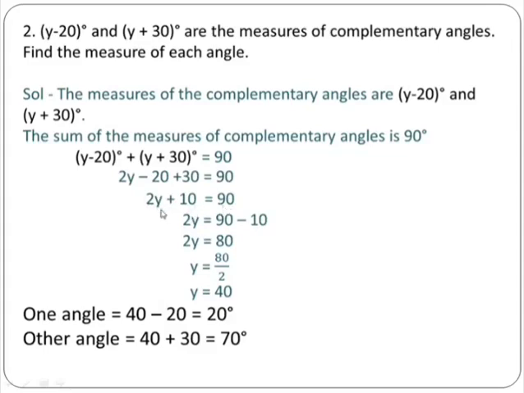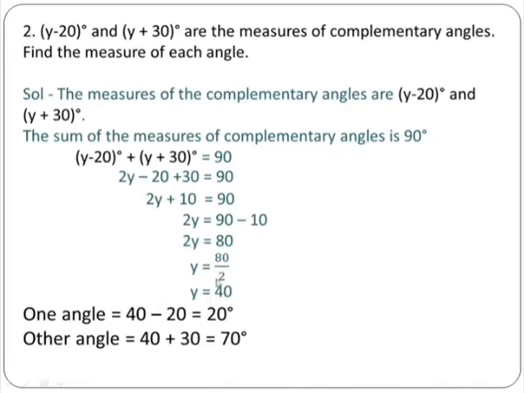As you are going to find the value of the variable, that is y, we will shift whatever numbers are here on the left hand side to the other side. First we will shift 10 to the right hand side. As 10 is in addition, we will subtract it from the right hand side, that is 90 minus 10. 2y equal to 90 minus 10. 90 minus 10 is 80. Now here 2 is in multiplication. On the other side it will come in division. So 80 divided by 2 is 40. So here you got the value of y as 40.